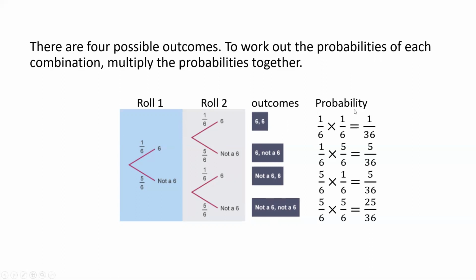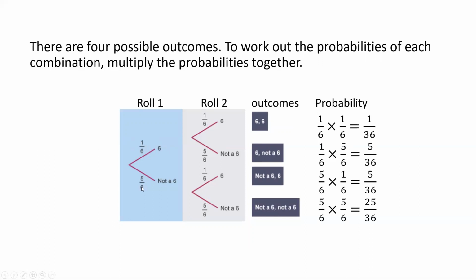And then we need to count the probability right now. Let's say in order to get 6 and 6, the probability will be 1 over 6 multiplied by 1 over 6. Because we want 6 and 6, it's not 6 or 6. So you need to multiply them, and you get 1 over 36. Then if the first time is 6, the second time is not 6, you multiply 1 over 6 times 5 over 6, then you get 5 over 36.